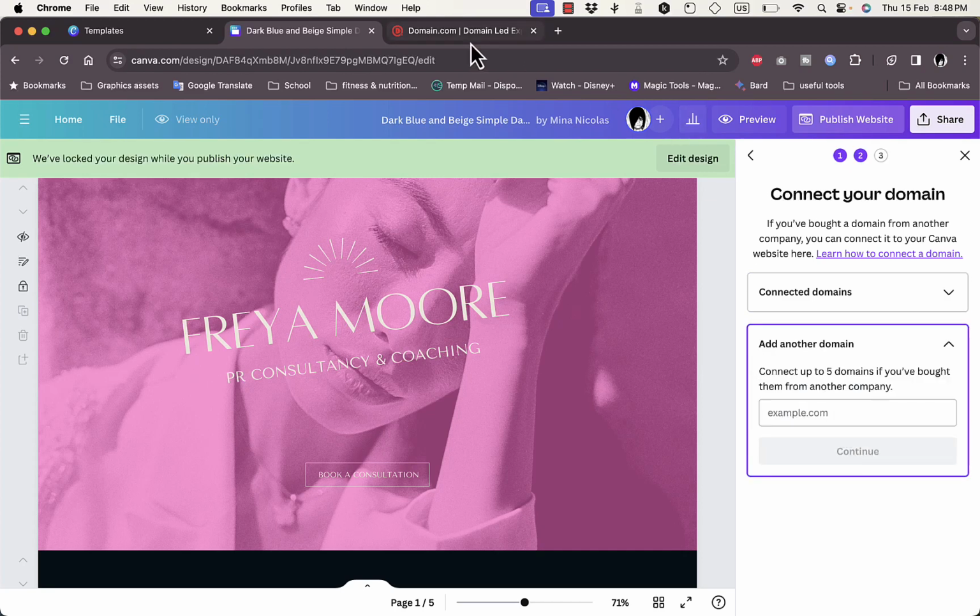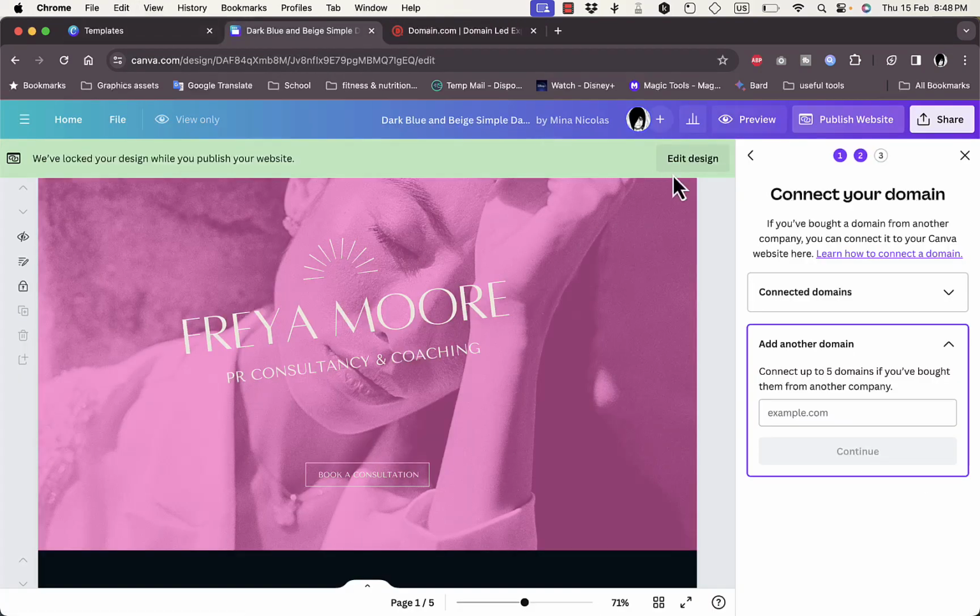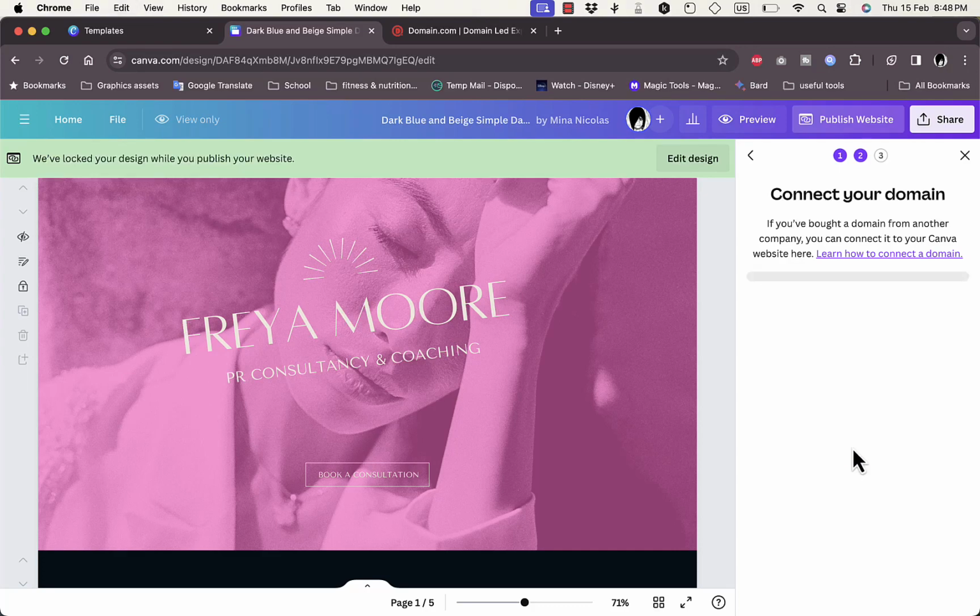So if I click on add another domain, you won't see these two options if it is your first time adding a domain or trying to publish a website and adding a domain name too. You'll only see this one. So let's go to domain.com, and here I'm on the domains page, and this is the domain that I purchased, howtosimple.space. Just copy it and then go back to Canva, paste it right here, click on continue,